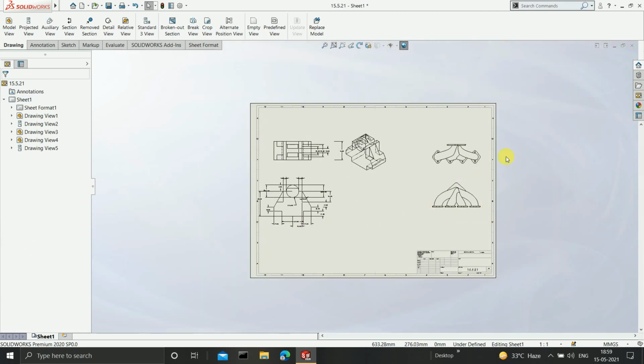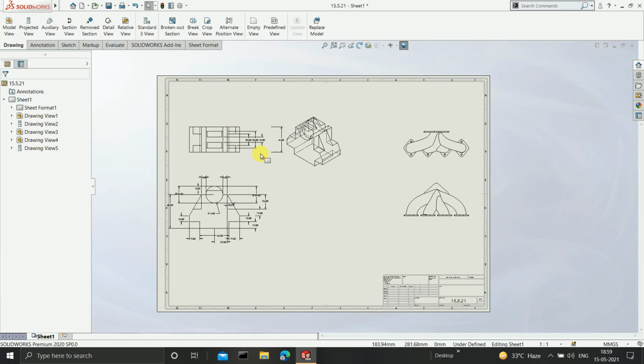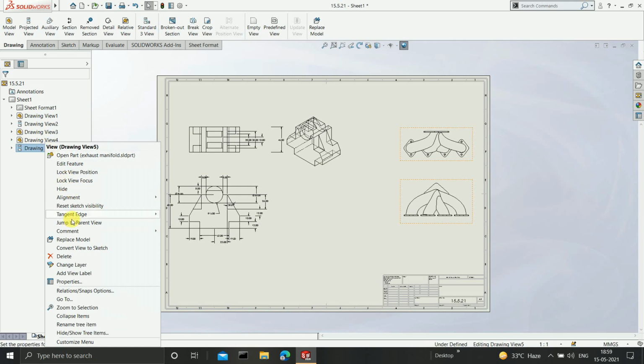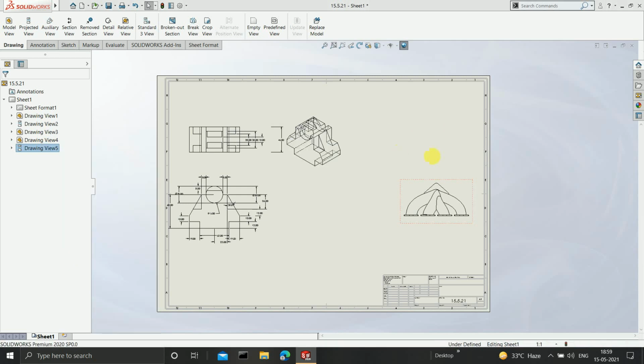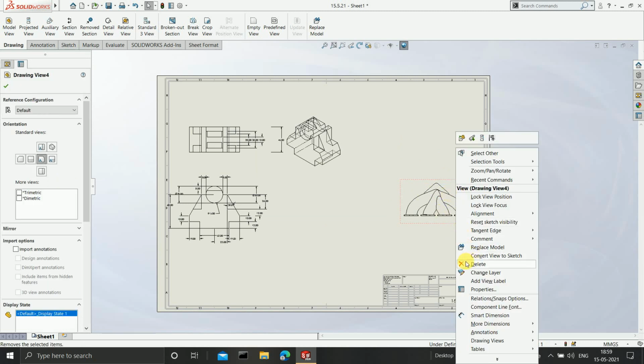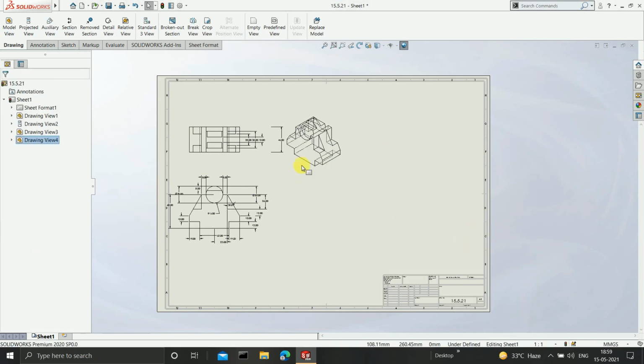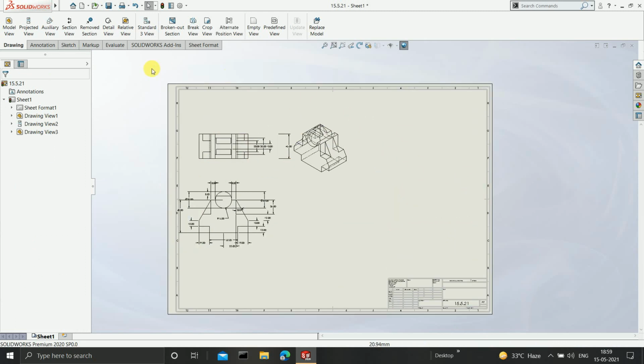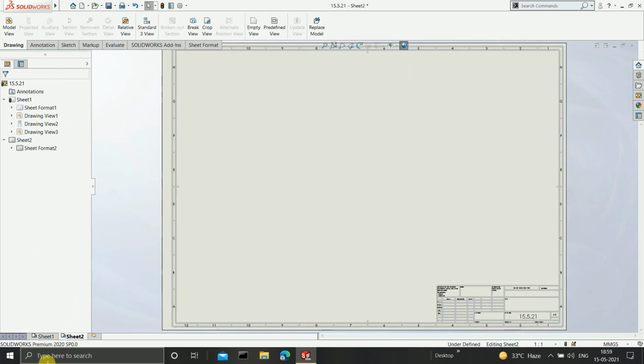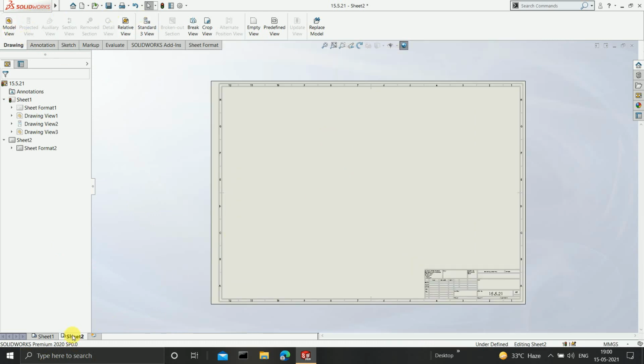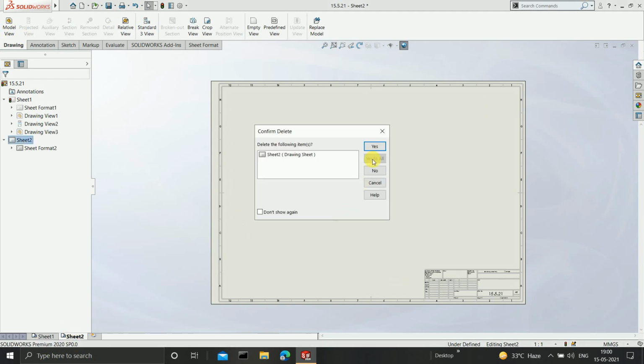Okay, now after this thing is done, suppose if you want to delete this, then how you can do it? You can just simply select on drawing view 5, right click on it and delete them. Clear? Same you want to delete this as well. So I'll right click on it and click on delete. Okay, so guys, I hope that model view is pretty much clear for you. If you want to make one more sheet, then you can click on this add sheet, and here you have got a sheet, and here you can click the model view and get the drawing of the other part. Since we don't want this, then I'll obviously delete it.